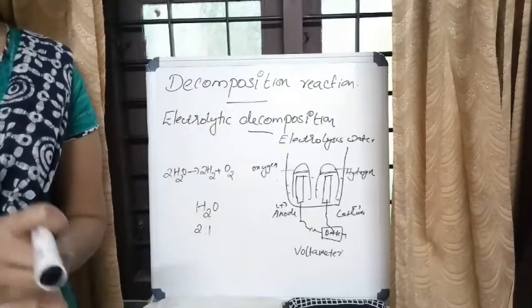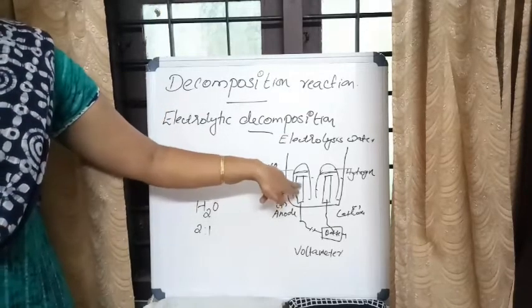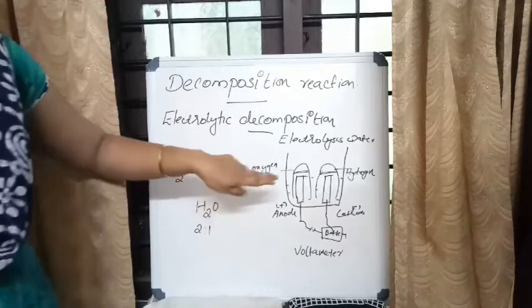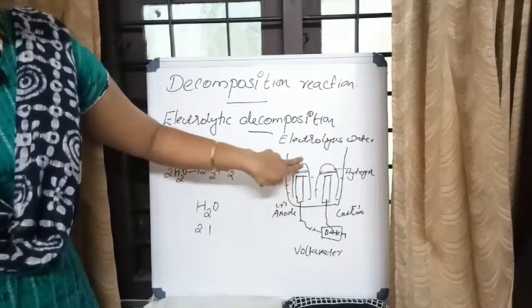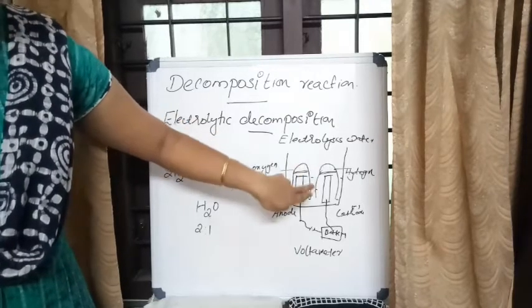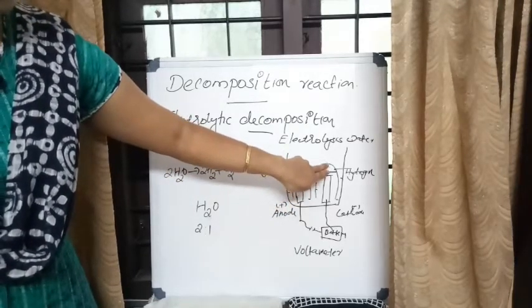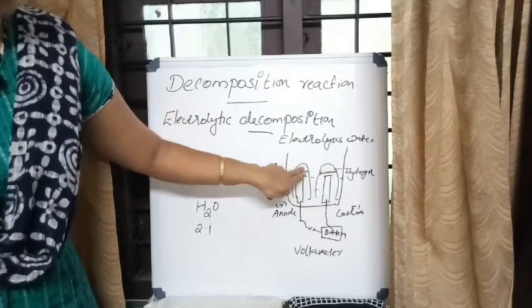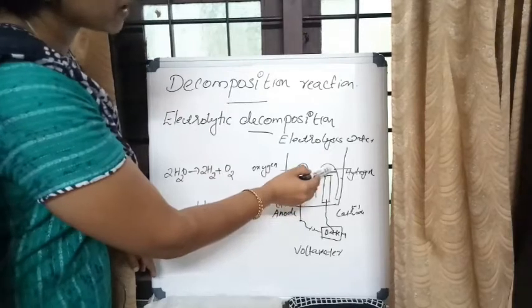So in order to avoid that situation, you have to keep an inverted boiling tube here. Okay, and there is another important point related to this activity. You can see two marks here, right? So where you can see the level of gas produced is high here. Why? Here you can see the gap is more and here the gap is less. Gap is more means that gap fills with the maximum amount of gas.